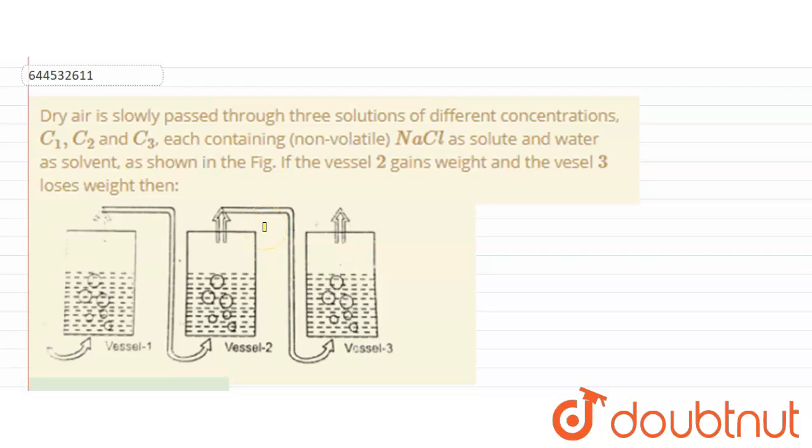Hello everyone. So let's see this question. In this question it is given that dry air is slowly passed through the solutions of different concentrations C1, C2, C3, each containing non-volatile NaCl as solute and water as solvent, as shown in the figure. If vessel 2 gains weight and vessel 3 loses weight, then, right? So it is given that vessel 2 is gaining weight and vessel 3 is losing weight and dry air